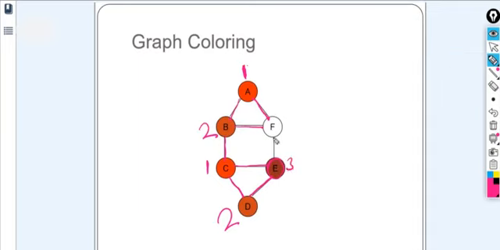What is adjacent to E? F only, because everything else is already covered. But F cannot have the color number 1 because it is adjacent to A node. It cannot have the color number 2 because it is also adjacent to B, and it also cannot have the color number 3 because it is also adjacent to E. So that's why it's stuck here. Now it's a stuck point. You cannot take the decision here for the F. So it's the time to backtrack here, right? So now we are doing the backtrack here.